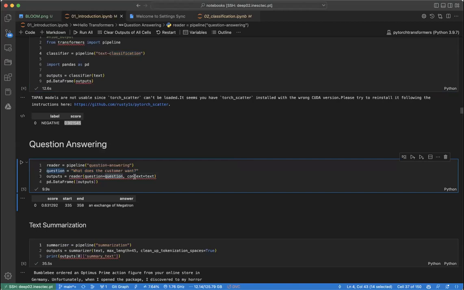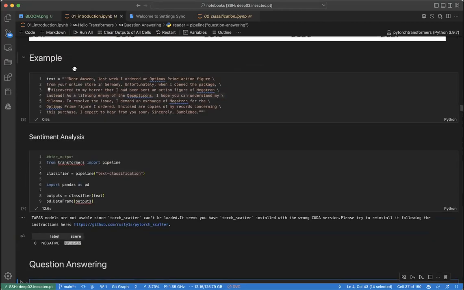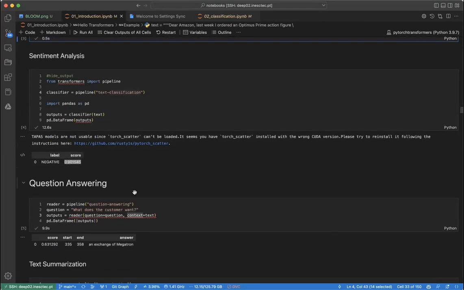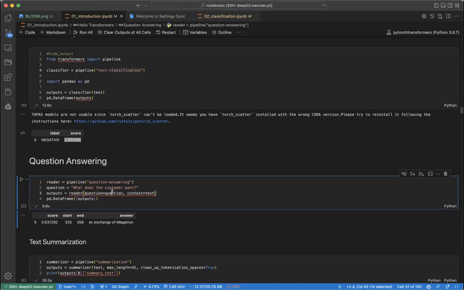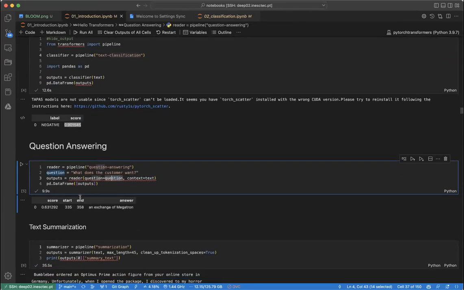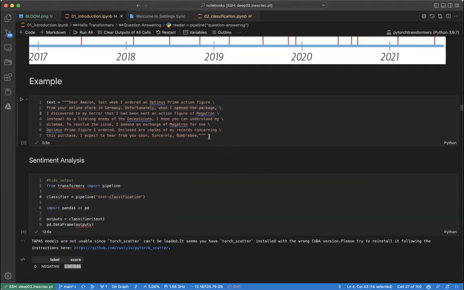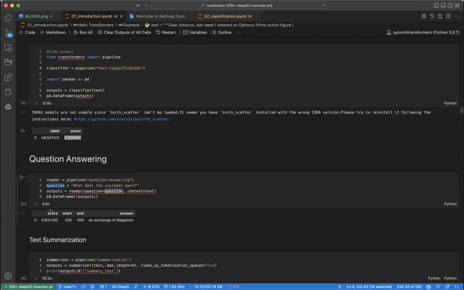The context is the text. So you need to give a context, the text, and also the question. Now I want to ask the question: what does the customer want? So you can see this is it. What did the customer want here? So here you can see,